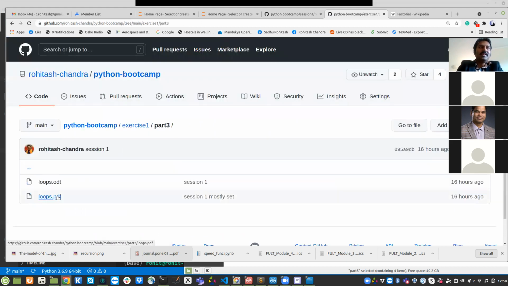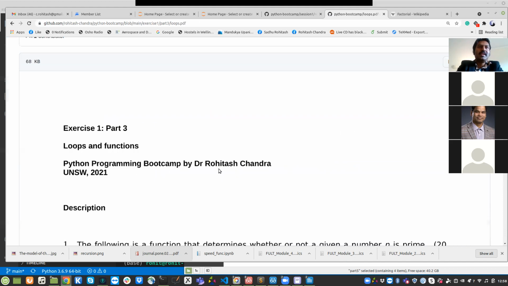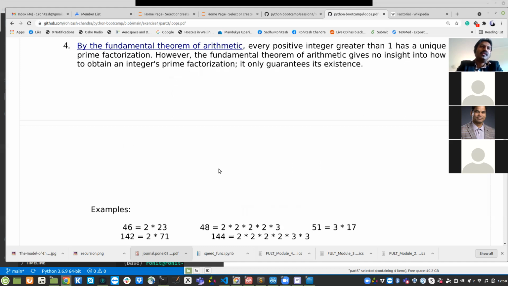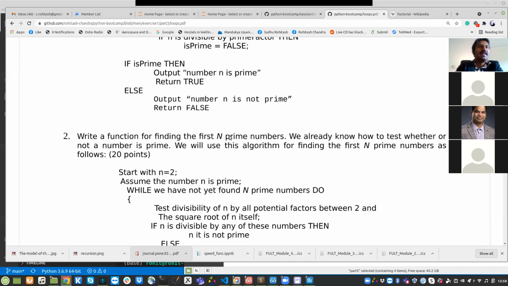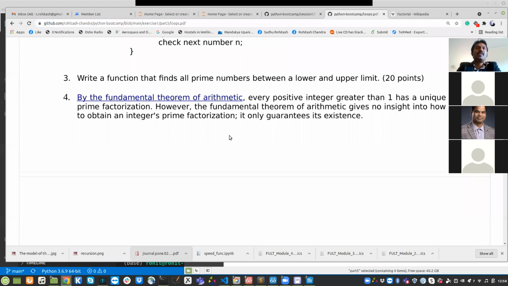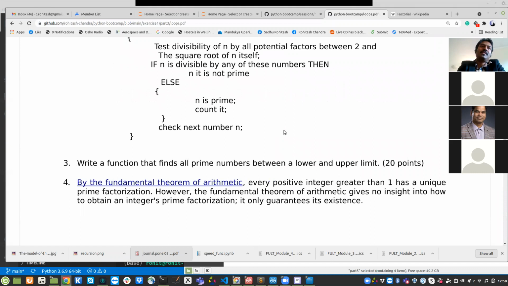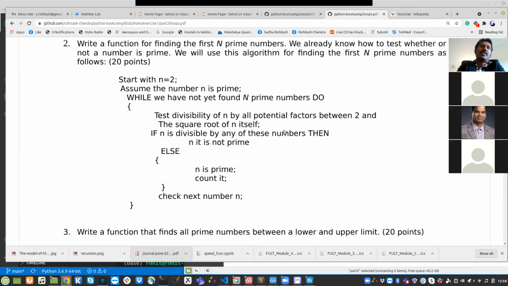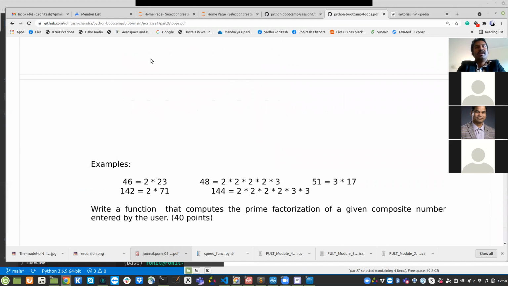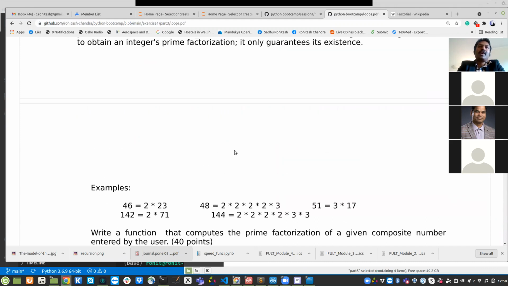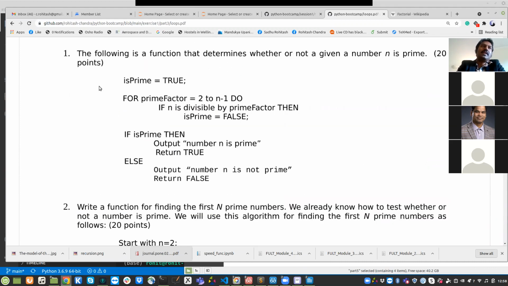And then part 3 is more about loops, and it's about implementing something about prime numbers, so basically you blindly follow this algorithm here. You can read a bit about prime numbers in Wikipedia, and there's a fundamental theorem of arithmetic there to make all these functions, and try to do this so that when you give a number, it gives you the factors: a composite number entered by the user, prime factorization. So that's part 3,